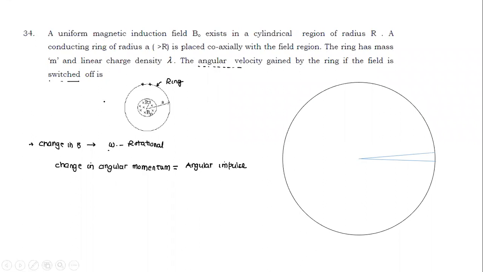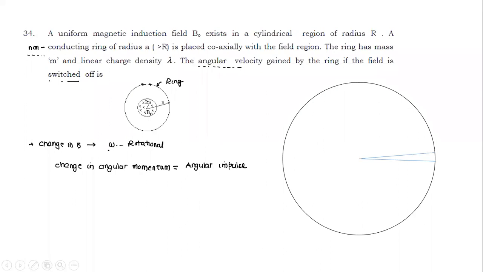Actually, the right wording should have been non-conducting. Yes, but since the question is asking about angular velocity gain, I will solve this one. All of you can notice that, but a very valid point. If it was a conducting ring, the current would start flowing. So the question could have been what would be the current flow? But since mass and other things are given, I understand that what I need to calculate is this. Otherwise, a perfectly valid point.